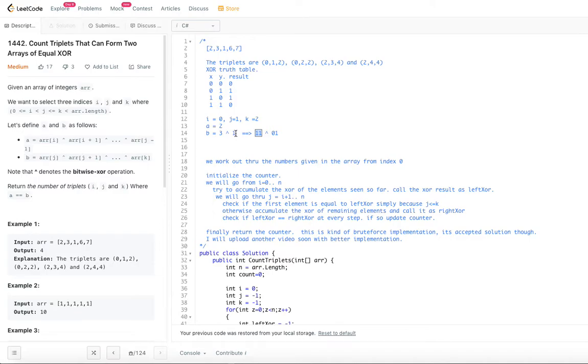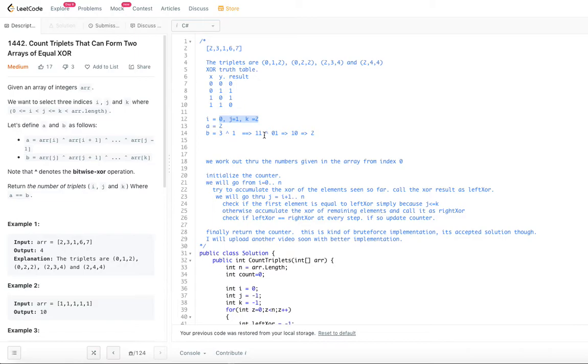So 1 1. So we will make it by putting 0 in front of 1. So this is also equal to 1. Now let's apply the XOR operation. The first bit is 1 0. When it is 1 0, we put a 1 bit, right? And the next bit is 1 1. That is 1 1 is 0. So 1 0. Now if we convert back to integer, 1 0 is actually 2. So now A is equal to 2 and B is also equal to 2. That's why 0 1 2 is given as a triplet.